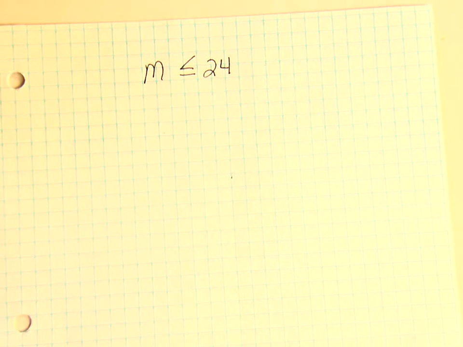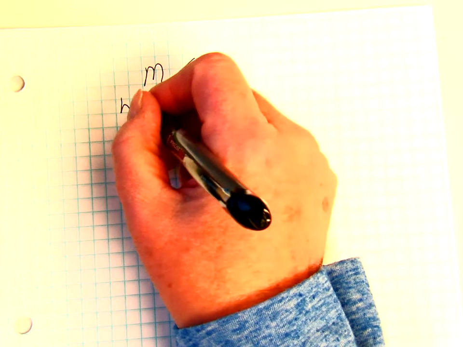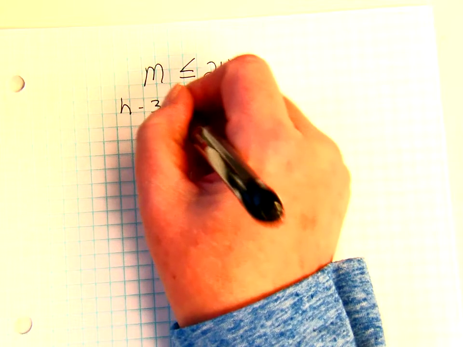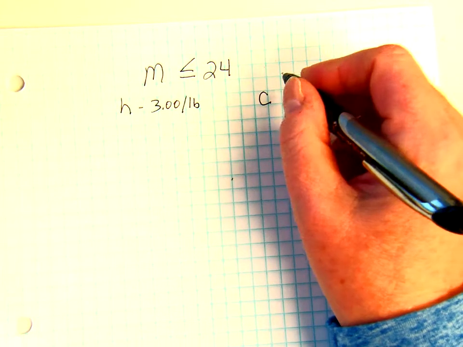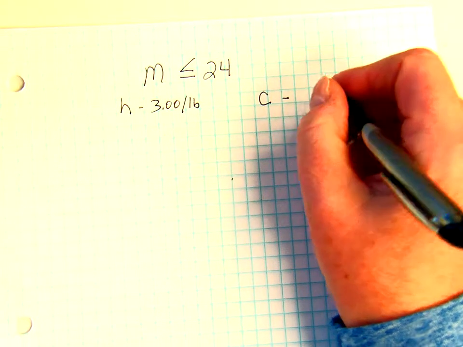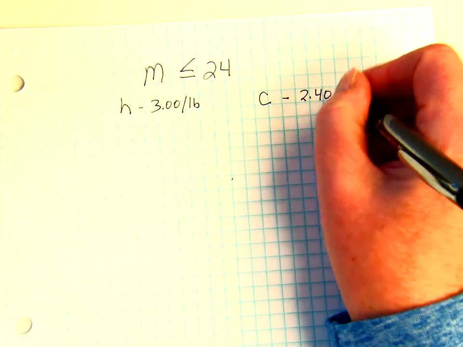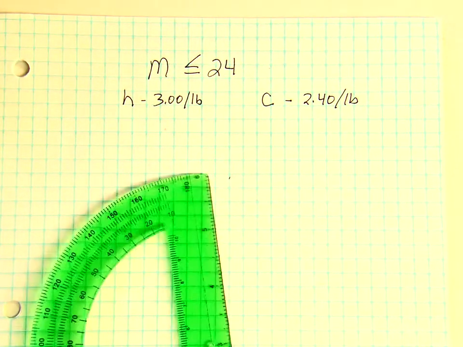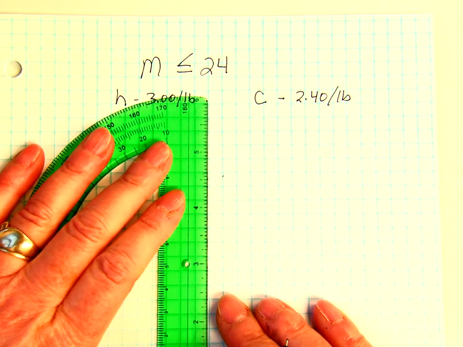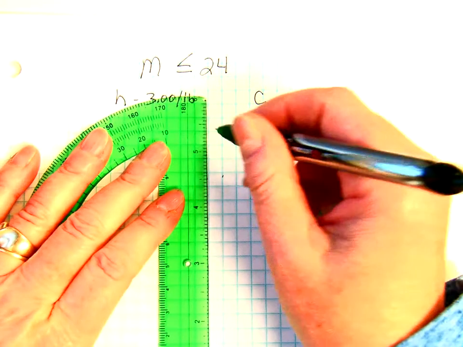So our hamburger costs $3 per pound, and chicken wings, we'll just say chicken, costs $2.40 per pound. Okay, and we want to find the possible combinations of how we can do that. So the easiest way to find combinations is to go ahead and graph it. So let's say that we have got our coordinate plane,